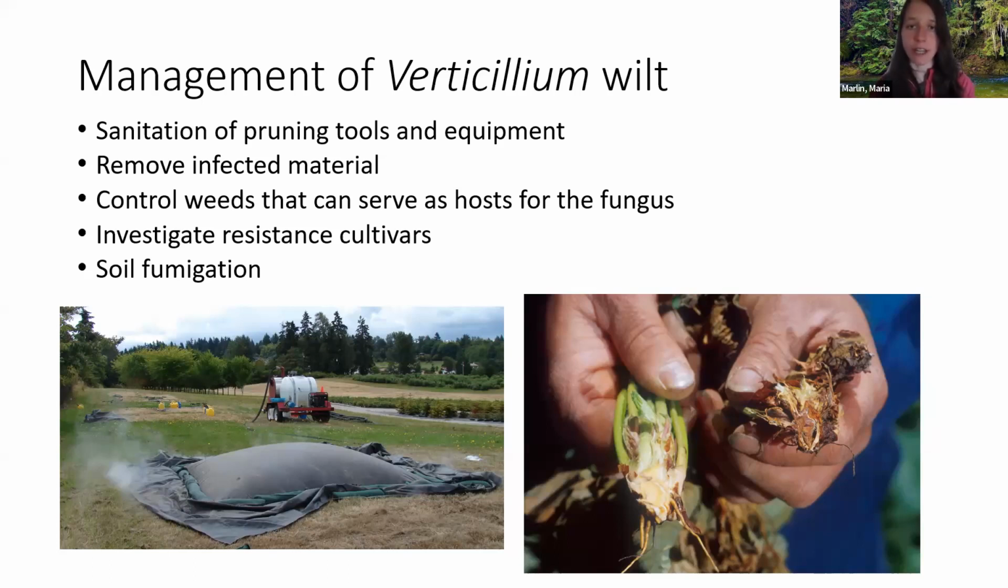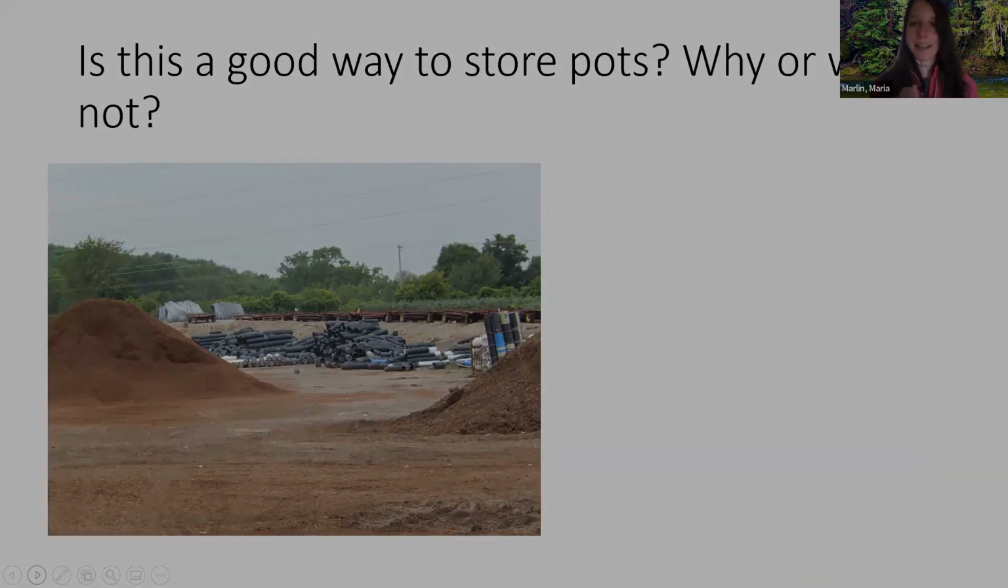Remove infected material that could hold those microsclerotia. Control weeds that serve as a host or alternate host for the fungus. Remember, there's hundreds of hosts. So if you have weeds growing throughout the nursery, and even this becomes a problem if you rotate your crops, if you have field production, there's a lot of different hosts that could cause the fungus to survive. Investigate resistant cultivars, and soil fumigation is an option to reduce inoculum if you have it, but it will not completely wipe out all the microsclerotia. All right, and that's it on